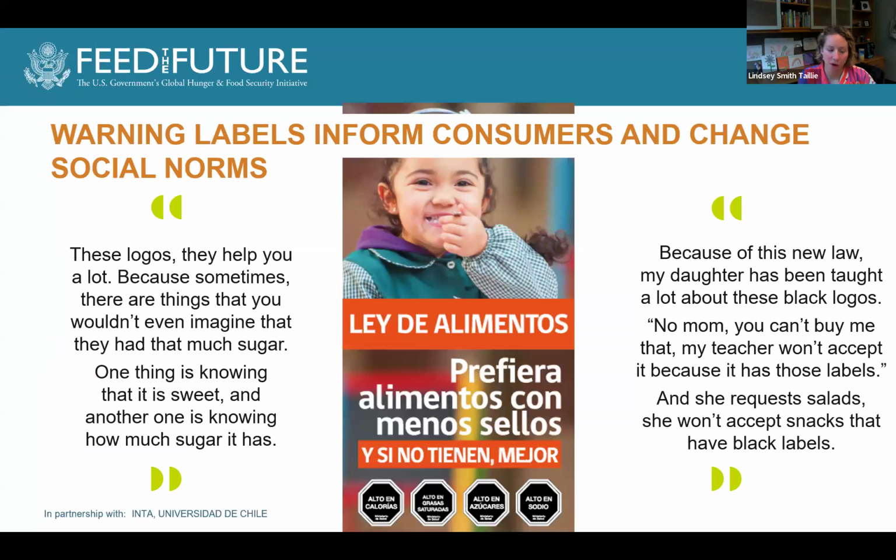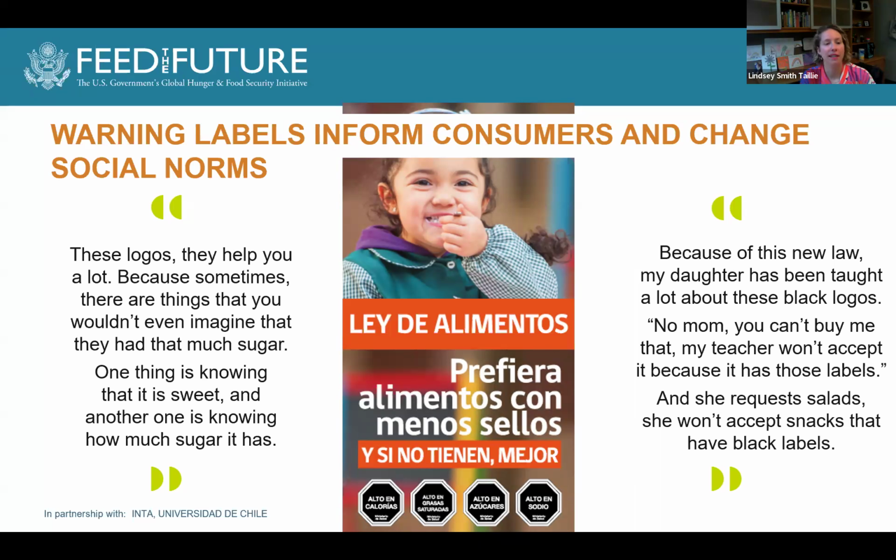Okay, and so then we did some focus groups with moms, and we asked them how they were using the labels. And we learned some really interesting things. The first is that the labels were really helpful for product categories where there's more confusion, where it might not be as obvious. And this makes sense to us, right? We might know that a dessert is unhealthy or that a soda is unhealthy. But for things like yogurts or cereals, the labels were really useful.